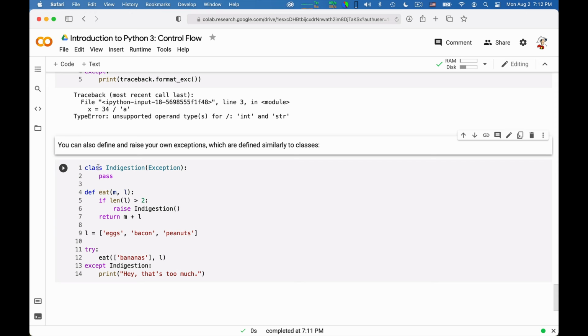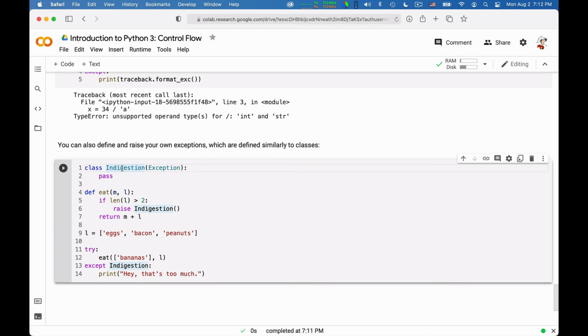For example, here I define an error that is called indigestion. For something to be an exception, it has to subclass the exception class. So it's a class indigestion that is a subclass of exception, and so it inherits the ability to be raised.